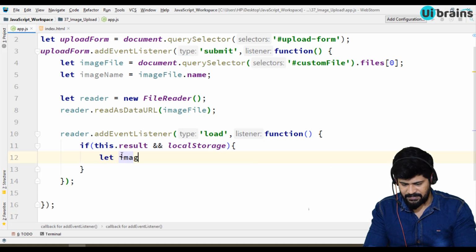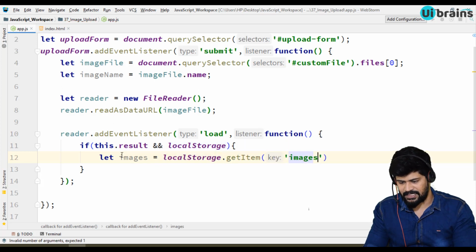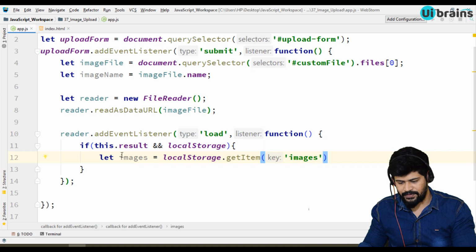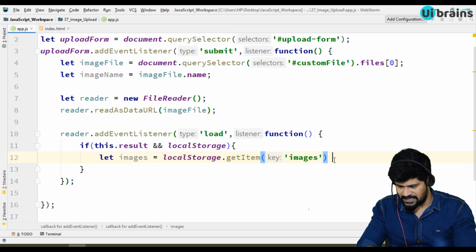let images is equal to localStorage.getItem of images. If you do this, you get all the images from local storage. But the first time you do this line, you won't get anything. So I make a ternary operator here.